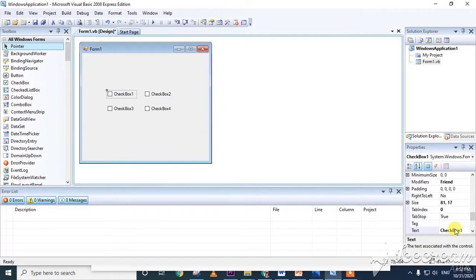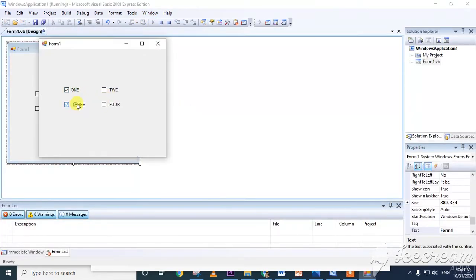Here you can write the name, go to the properties and, for example, write 1, 2, 3, 4. Now we run the program. These are called checkboxes. That means we can select one or more options.